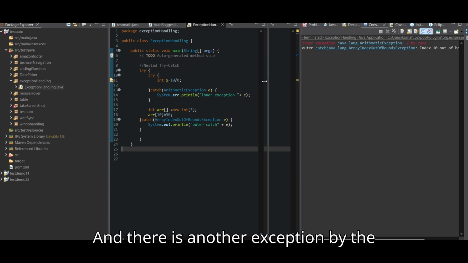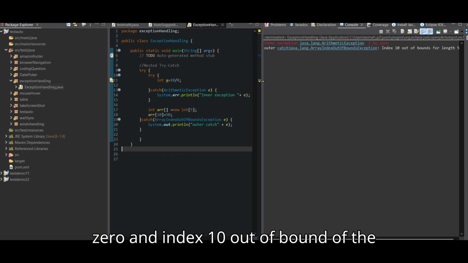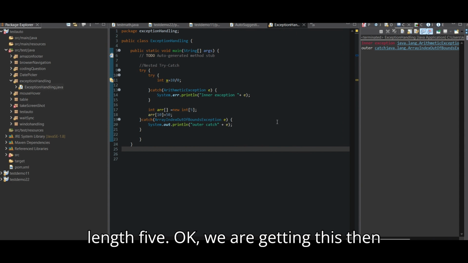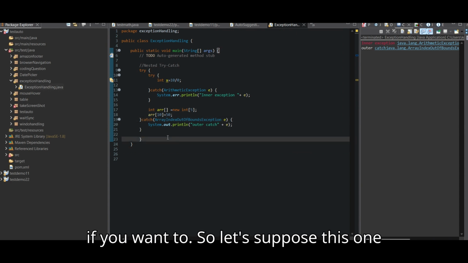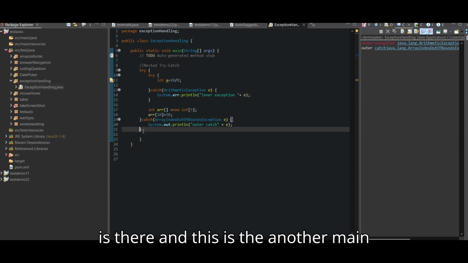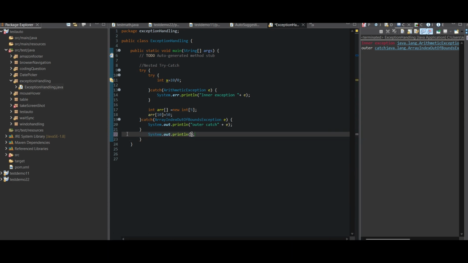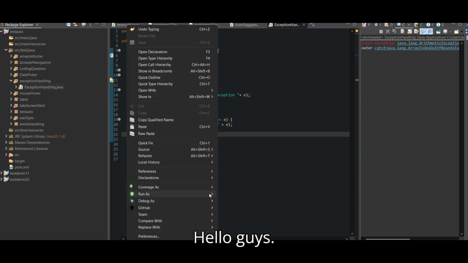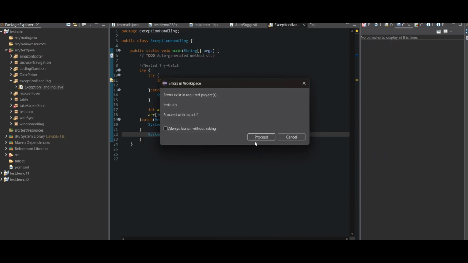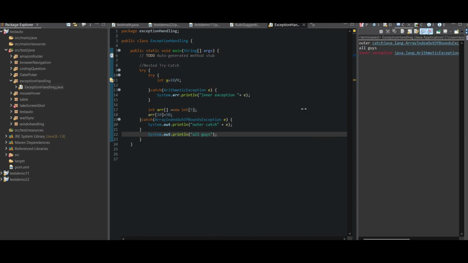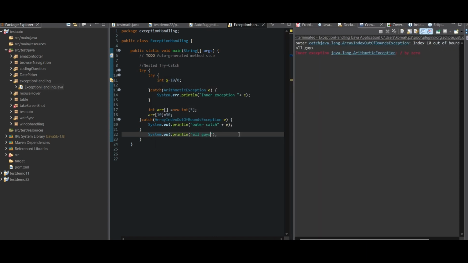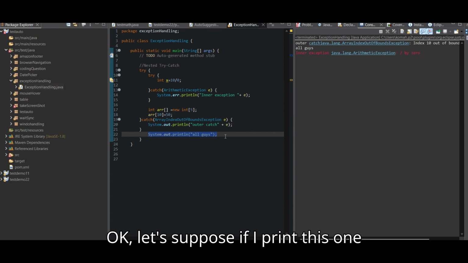Yeah, the error is inner exception by zero, and index 10 out of bound of the length 5. Okay, we are getting this. Then if you want to show, let's suppose this one is there and this is another main function, then we should print like "hello guys". Okay, let's suppose if I print this one after the